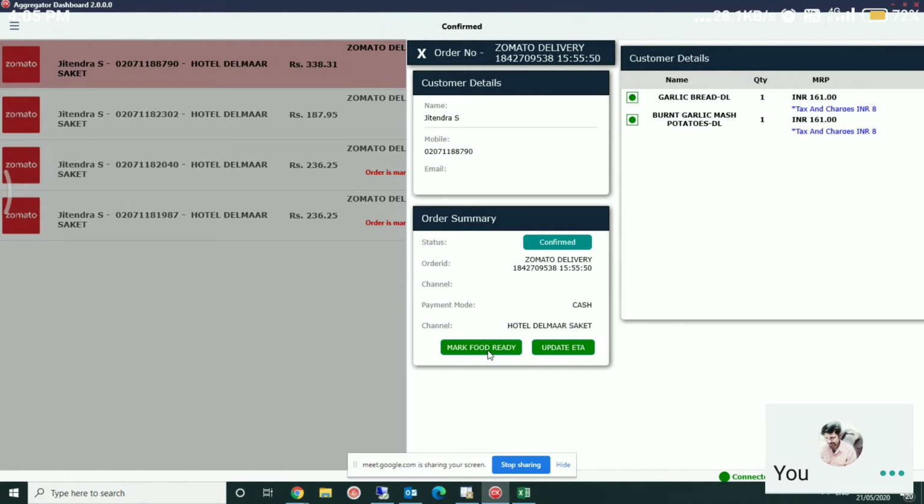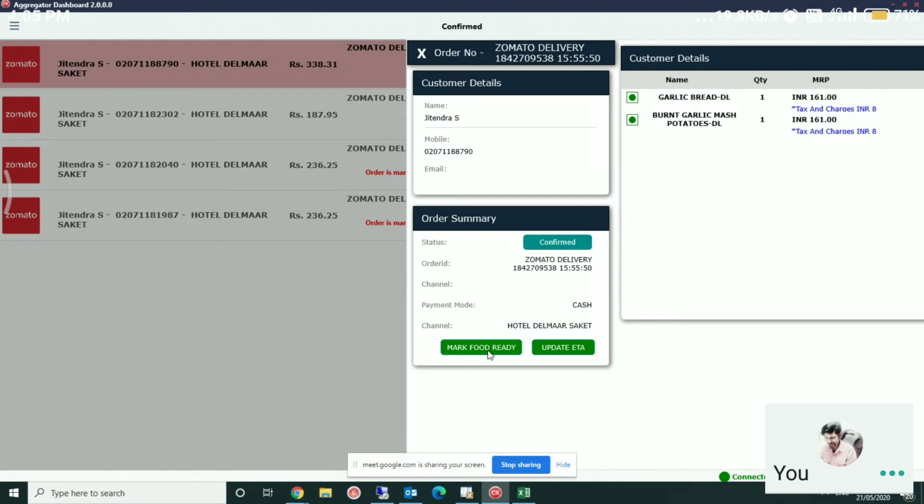If Zomato has made any changes in terms of integration and they are allowing such remarks to be put, then we can give an option. Because this remark is not for us, it is for the Zomato aggregator, correct? Okay, so we will check with our team and come back to you.